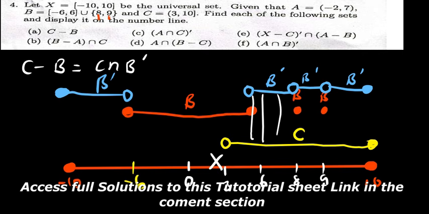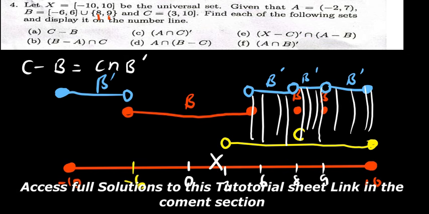this point. Then when I reach here at 8, I'll jump again, I'll go here. When I reach at 9, I'll jump again, I'll go there. That's what it means. So the point that I'm interested in, it is this point. I jump there, that point. I jump there, that point. You have seen. So that would mean to say my answer is, for C minus B, my answer is 6,